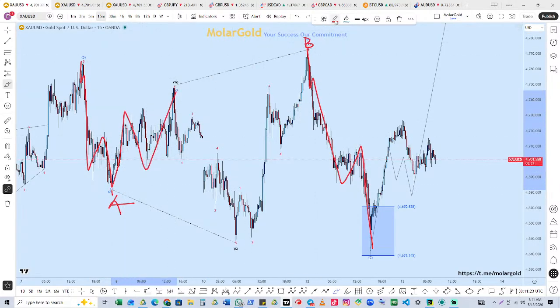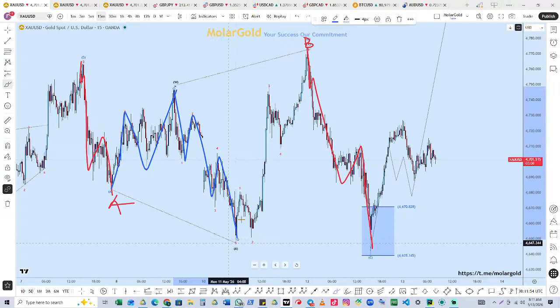Let me change the color to blue. All right. So 1, A, B, C, and then we get another... okay. This can't be 5. Since this is a 5, they should all be 3 each. So this is 1, 2, 3. Right? These 3 we can actually label it W, X, Y, X, Z, like this. All right, W, X, Y, X, Z.